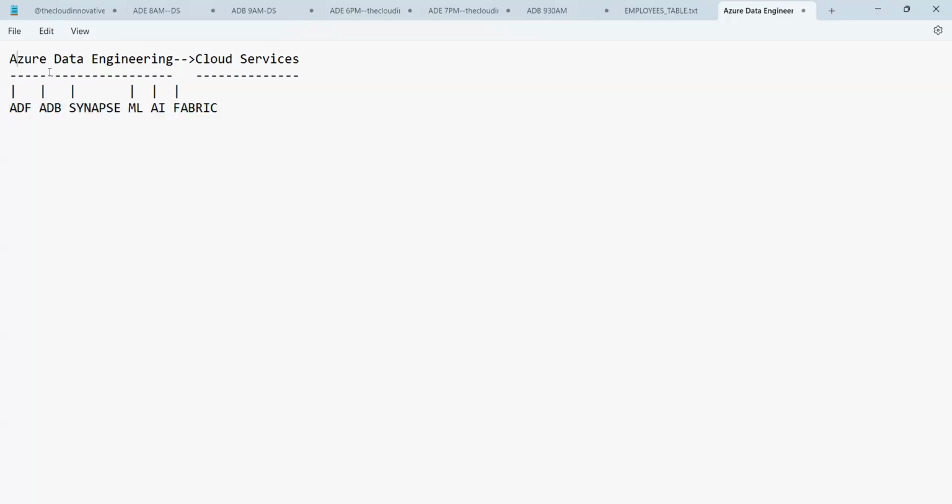That's the reason why it is called a bunch of cloud services. But by using this bunch of cloud services, what tasks can we perform? Using Azure data engineering, we can perform the following tasks.